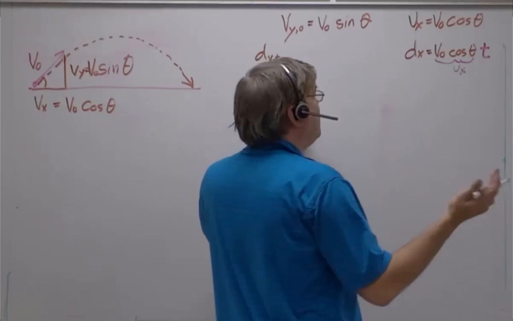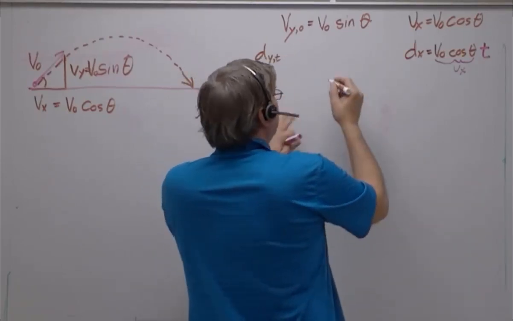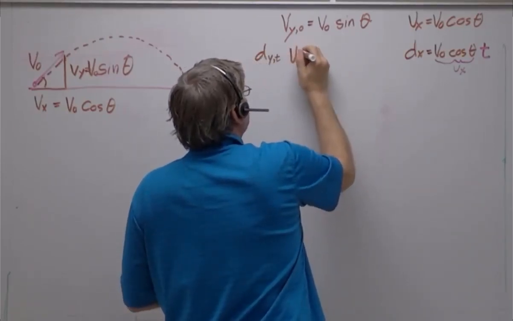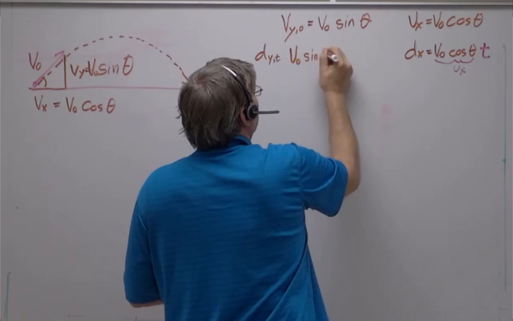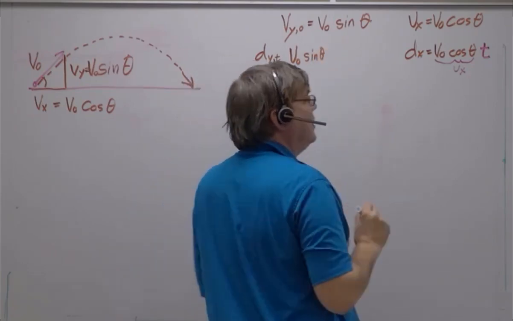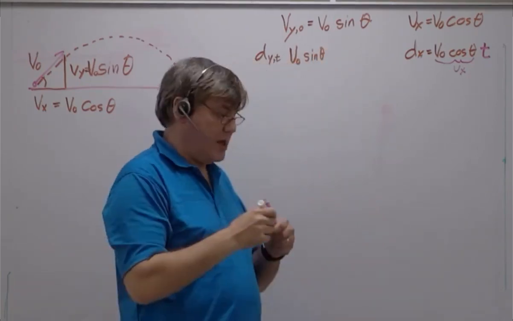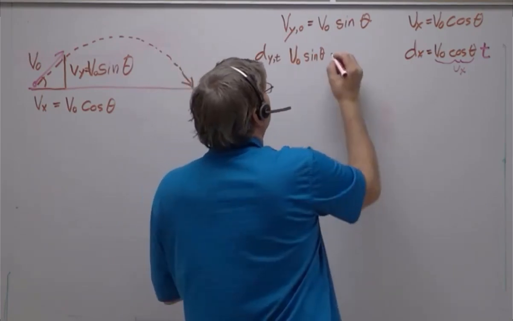Dy at some time t is going to be equal to the initial velocity, which is V naught times the sine of theta. So that's the initial velocity times time,